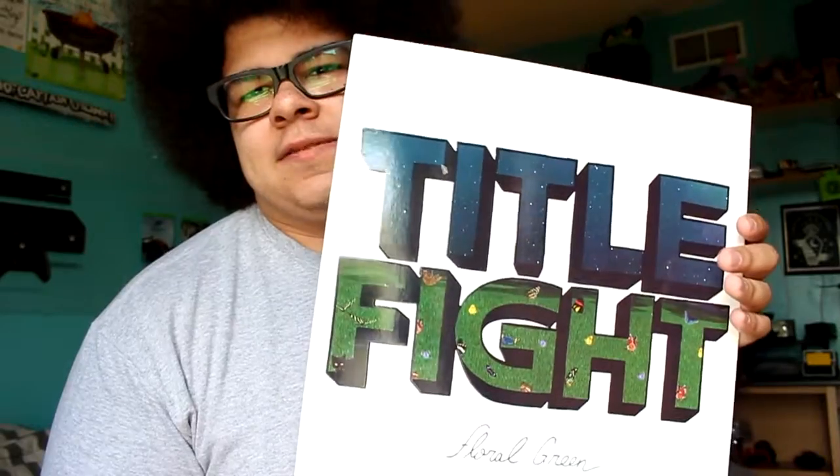So the first thing I picked up is this one. It was brand new, and it's just a regular press of Title Fight's Floral Green. I really didn't like this band at first, and then it kind of grew on me, so I had to pick it up. It's actually really nice. It was just one that I saw and I was gonna order it anyway, probably off of eBay or something, and it was gonna be the same price, so I was like, alright, whatever, I'll just buy it here. The next one that was brand new was